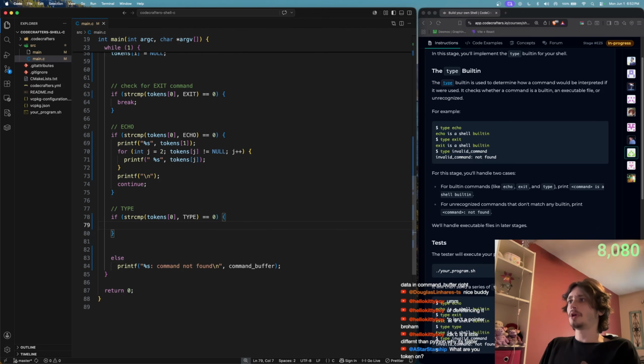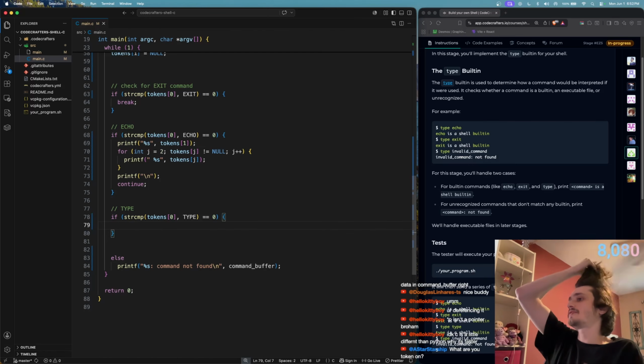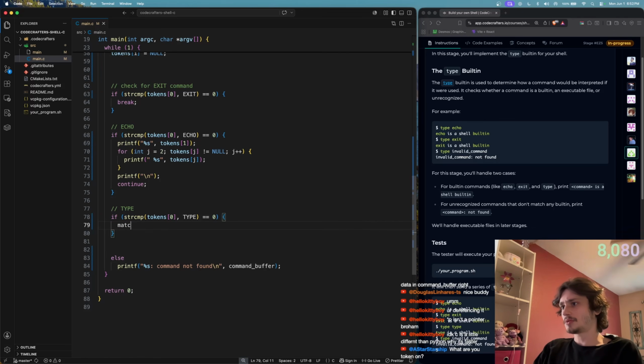What we're going to do is this is a type command, so we need to identify the token that was put in. So we'll say match, or sorry, not match case, it's switch, in C, switch on the tokens index of 1. Switch on tokens index of 1, okay,